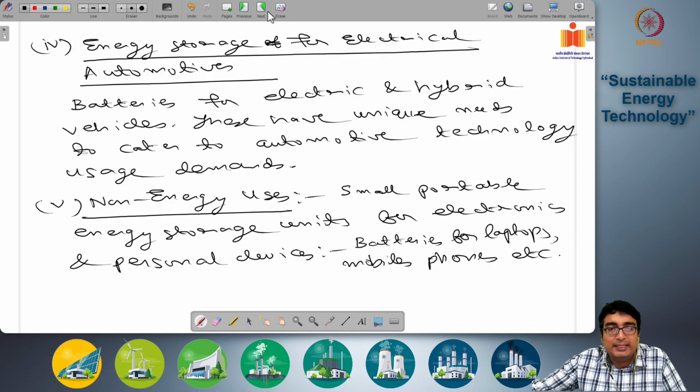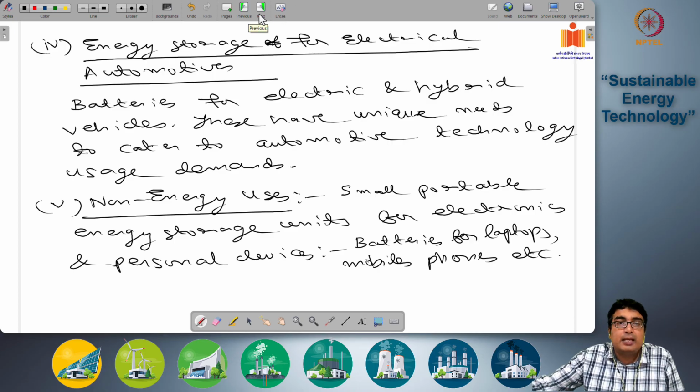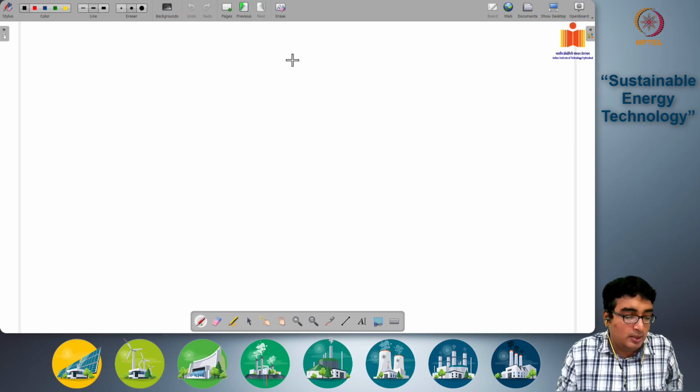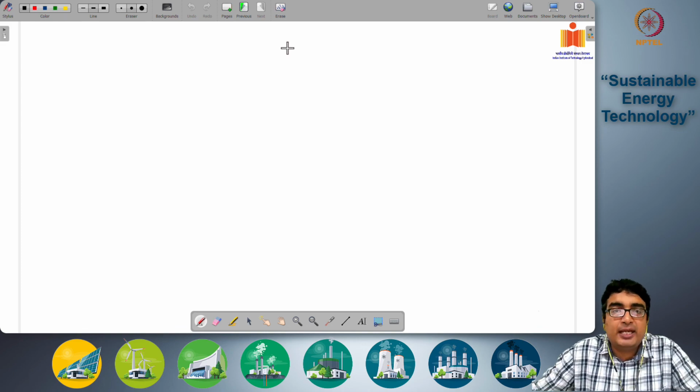So these are the applications. We will also look at some of the parameters that are necessary for the energy storage technologies, but we will look at that